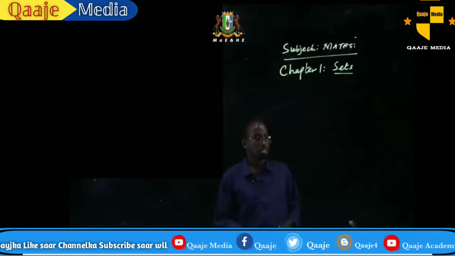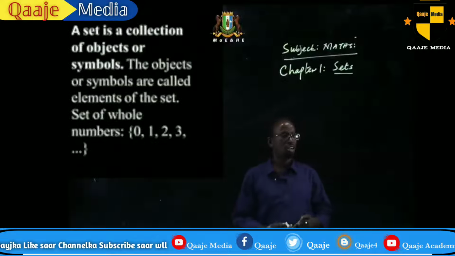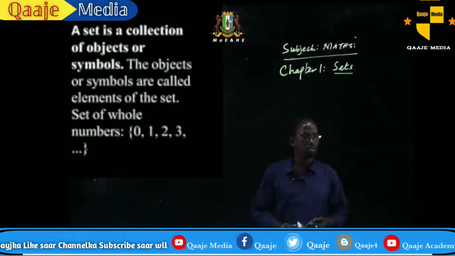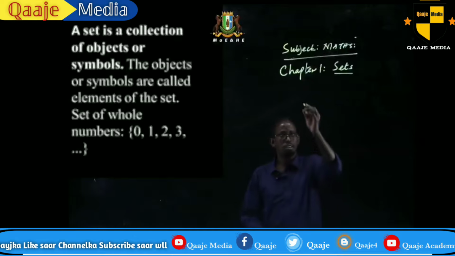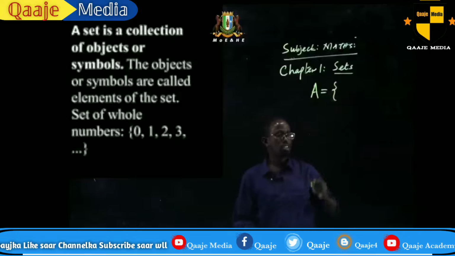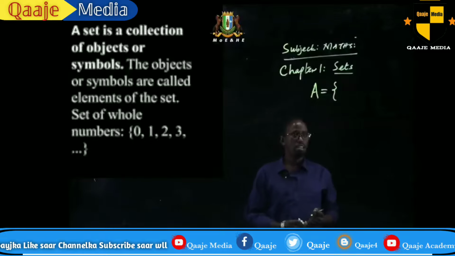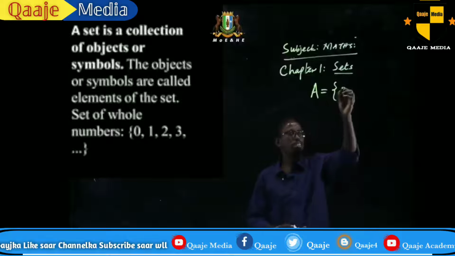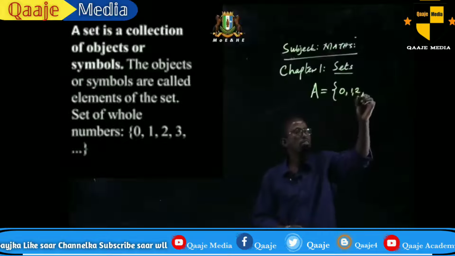Now, a set is a collection of objects. The objects or symbols are called elements of the set. The objects can be numbers, the objects can be letters. A set of books, a set of pens, a set of numbers, those are examples of sets. We have, let's say, whole numbers like 0, 1, 2, 3. These are